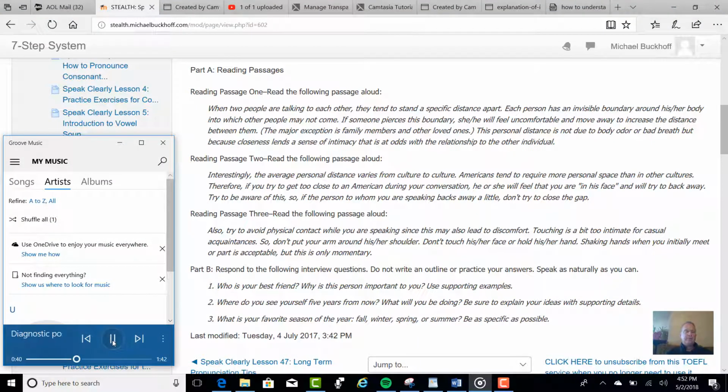All right, let's keep going. Interestingly, the average personal distance varies from culture to culture. Americans tend to require more personal space than in other cultures. If you try to get close to an American during a conversation, he or she